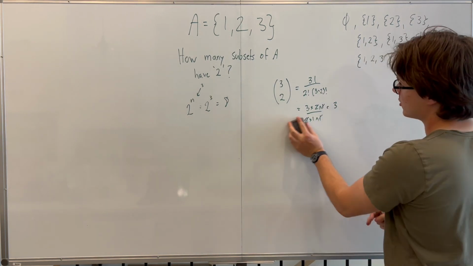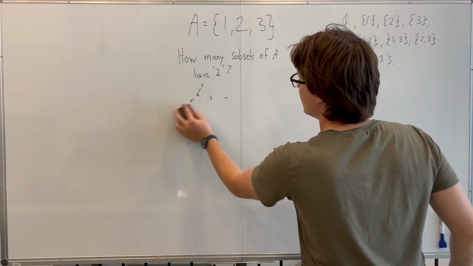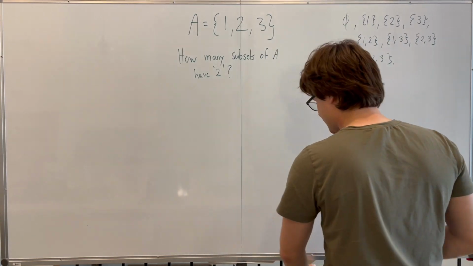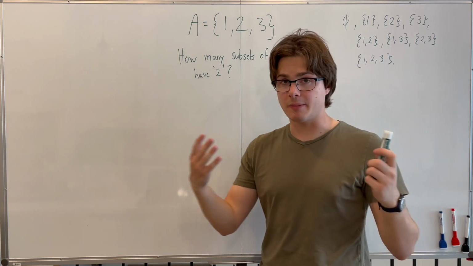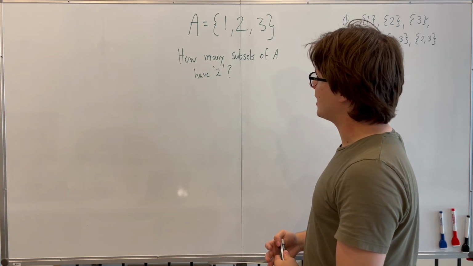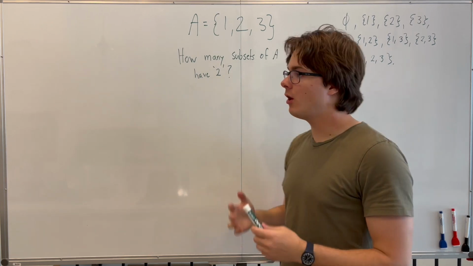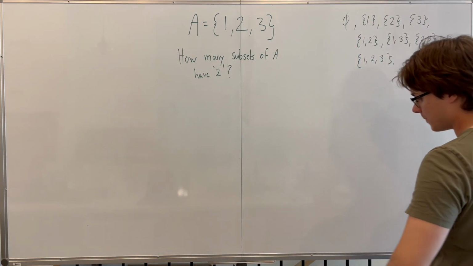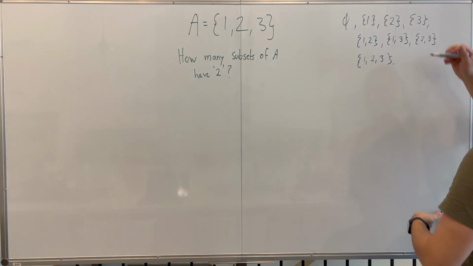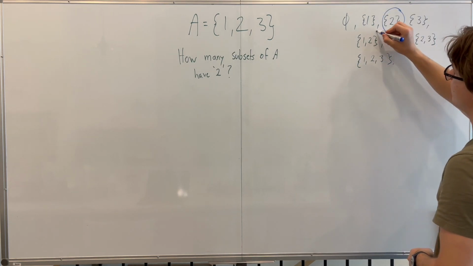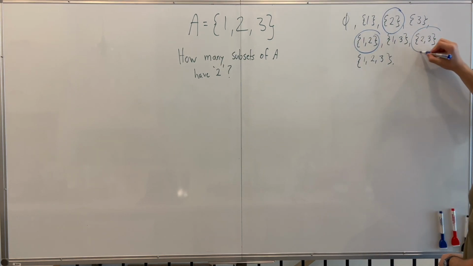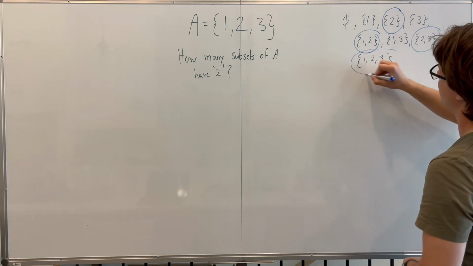Well, now we're going to ask ourselves a bit of a different question. Now, instead of asking about the size of subsets or the total amount of subsets, we're asking how many of these subsets have a 2 in them. Well, if we look at all of the subsets of A, we can see that this subset has a 2 in it, this subset has a 2 in it, this subset has a 2 in it, and